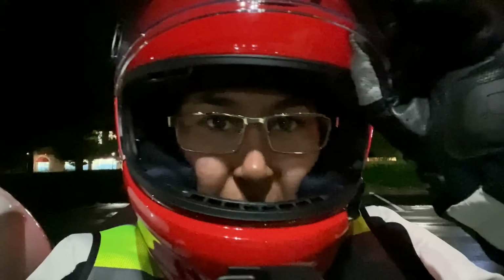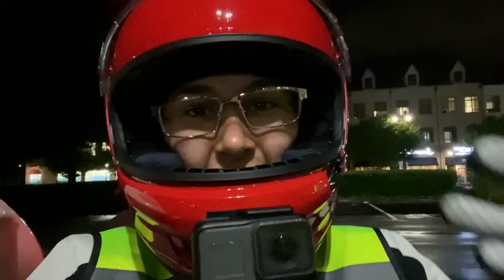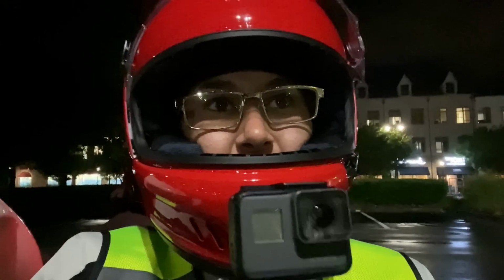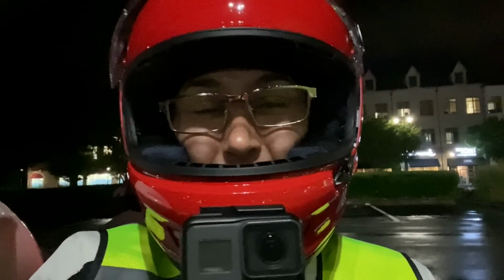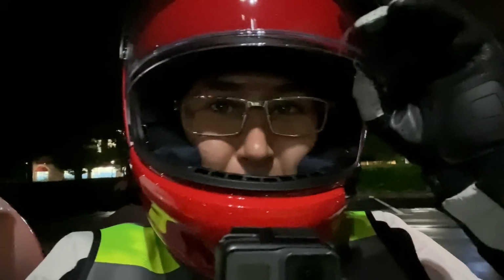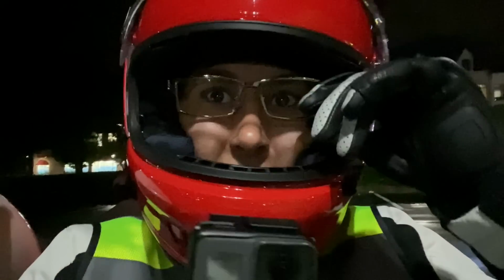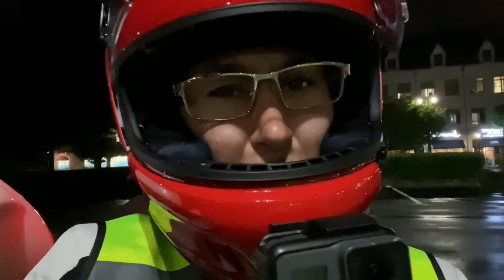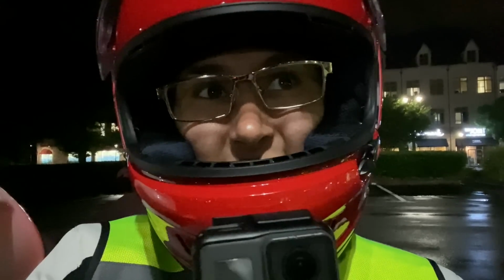So before I replaced my visor, not my visor, my whole helmet, I had 5 years worth of scratches, and that really adds up when it comes to glare at night. And when I got this brand new helmet that had a brand new visor, oh my gosh, it was like I didn't even have anything on. So make sure you don't have a visor full of scratches if you're going to be riding at night among some lights, because